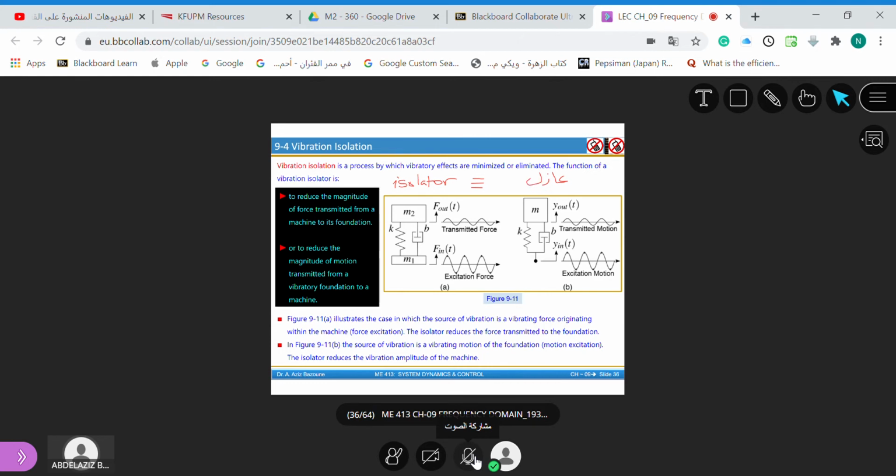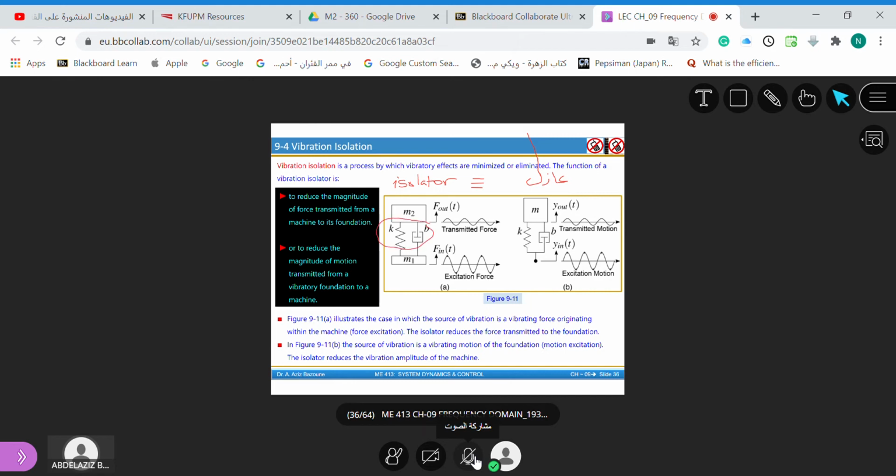عازل. Sometimes you hear the word عازل حراري or عازل like this. So you isolate واحد مريض يكون في المستشفى, they isolate him. They يعزلوه على ما يعديهم. فهذه we call it عازل. فهذا